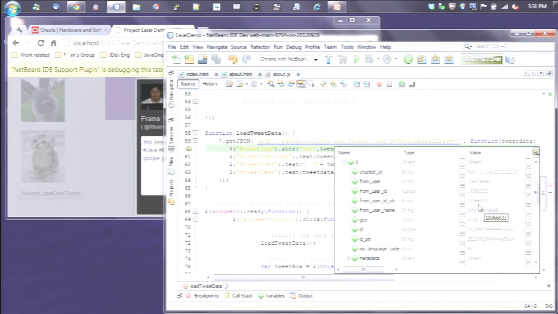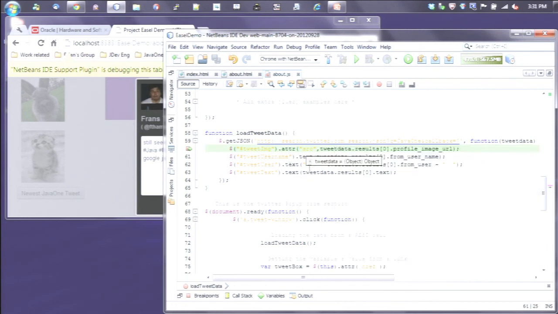And so I can start to say, okay, I know I want to put the guy's image up, so I'm going to come down here, and here's a profile image URL. So that's the string that I have to get back because I can see that's his URL. I actually learned when I was doing it that there was a from user and a from username. Now, which one's which? Because I wanted to be able to show the at sign and then the username. By looking in here, I can tell that from username is the full name, and from user is actually the shortened version. So now, without ever going out of my debugger, I can start writing code in here,